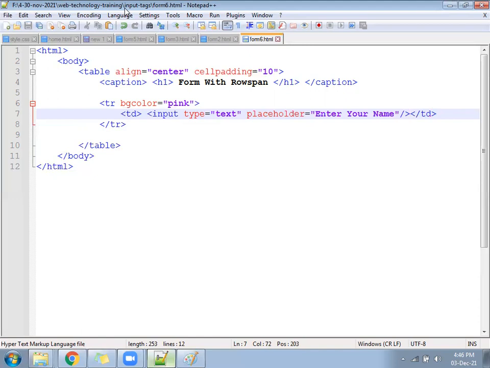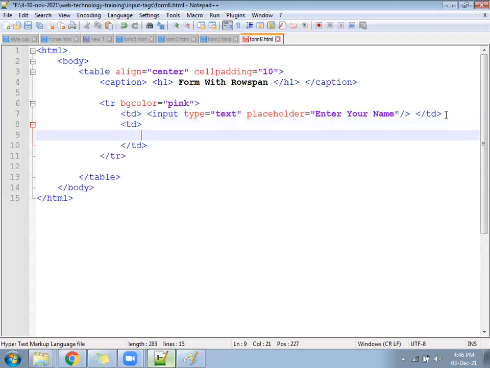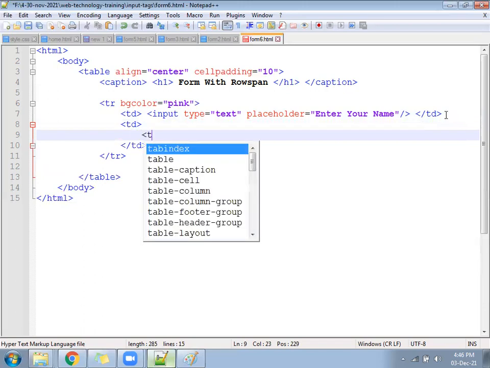After that, create one more TD. Text area.